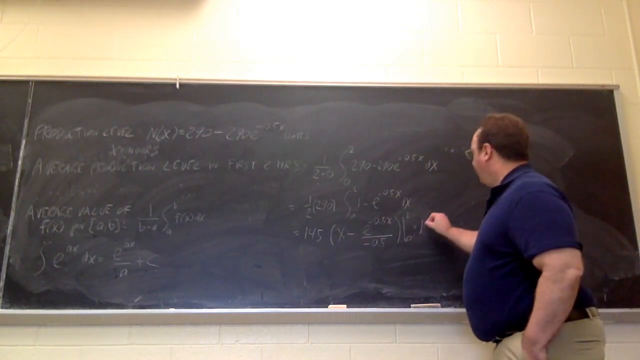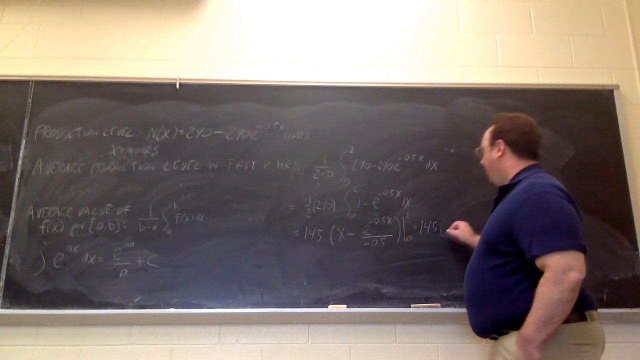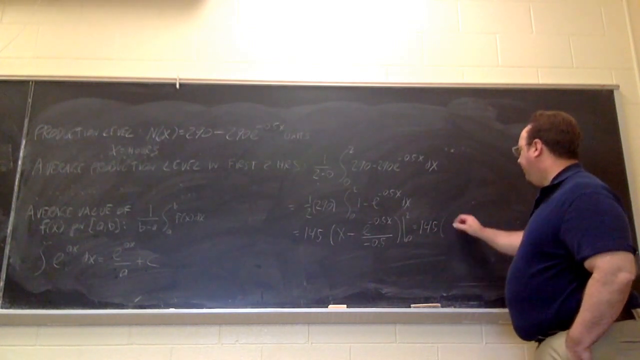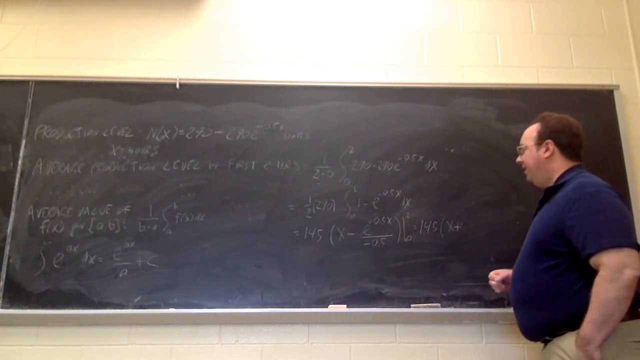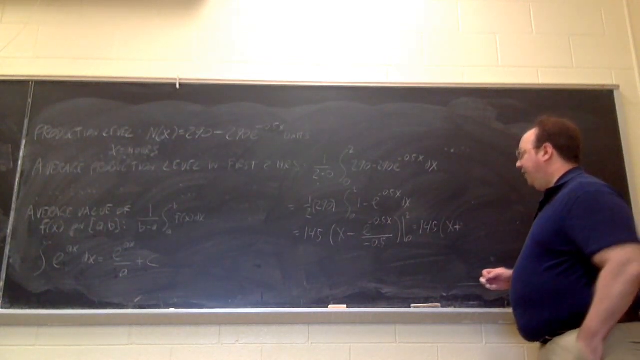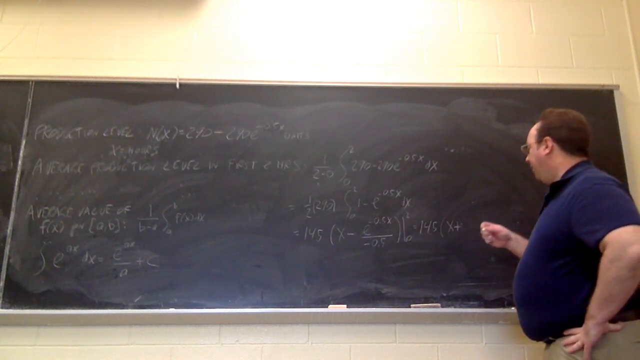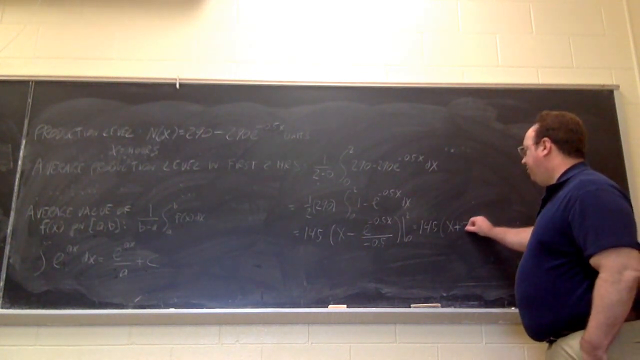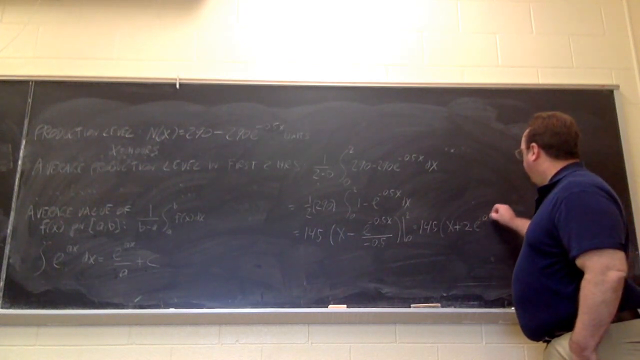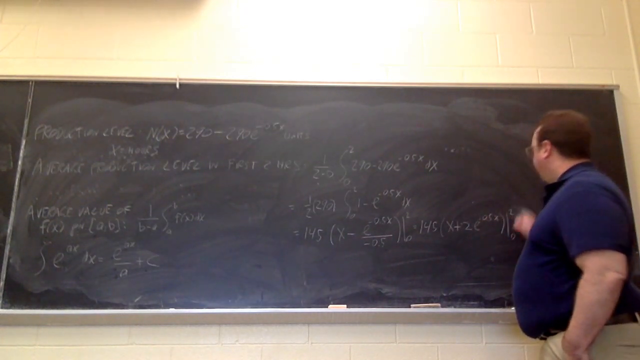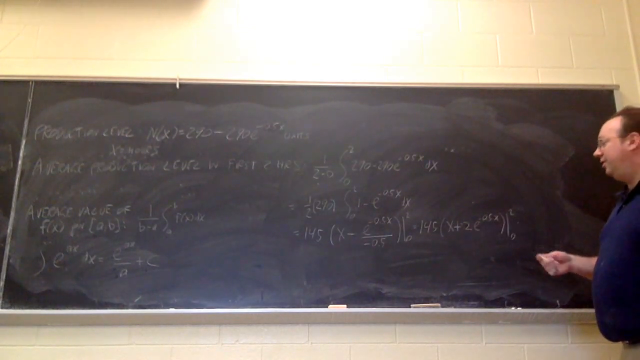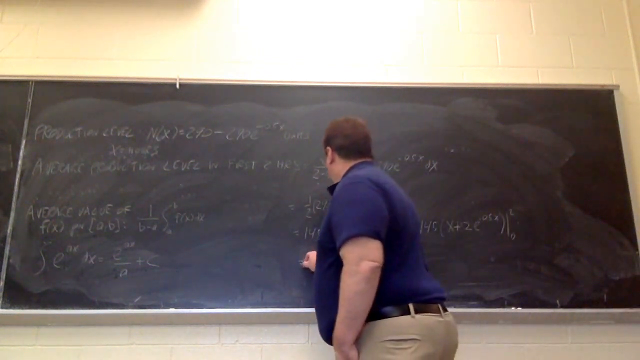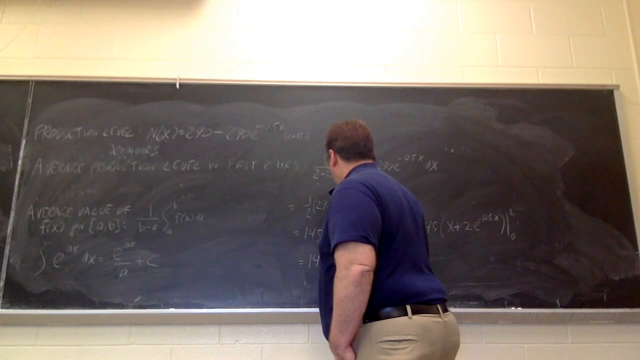So if I clean this up, I have 145 times x plus, now dividing by 0.5 is the same as multiplying by 2. So I have x plus 2 e to the minus 0.5x with limits 0 and 2. Okay, so now what I'm going to do is substitute these limits 0 and 2 into the function and subtract the results. So first, substituting x equal 2, I get